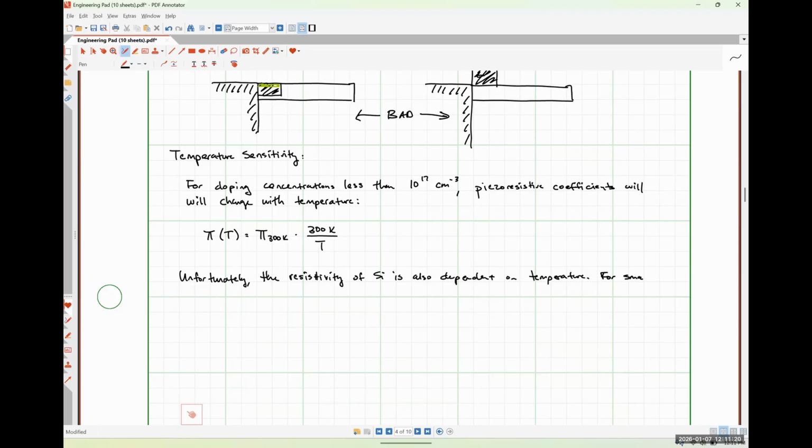For small temperature changes around 300 Kelvin,